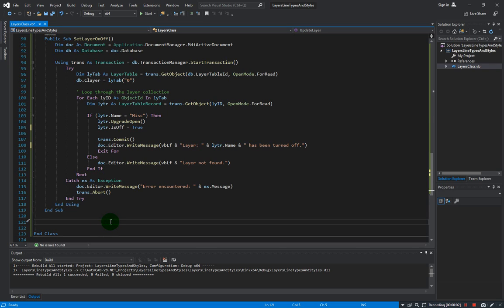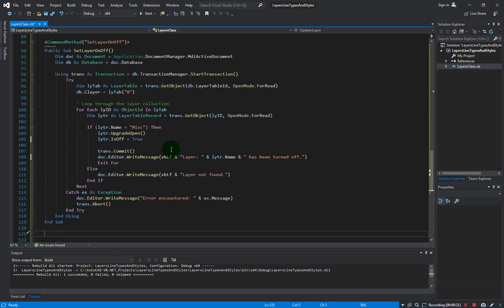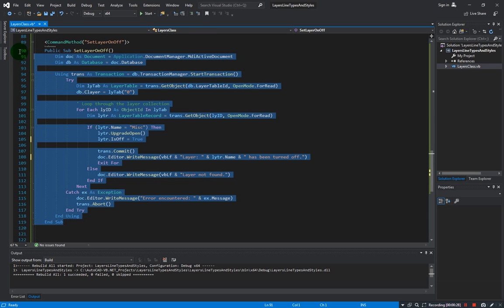Okay, so in this video we're going to create a method called setLayerFrozenOrThaw. Now that we have created a method here for turning off the layer, it actually behaves very similar, and all we need to do is one line of code. So let us copy this method here